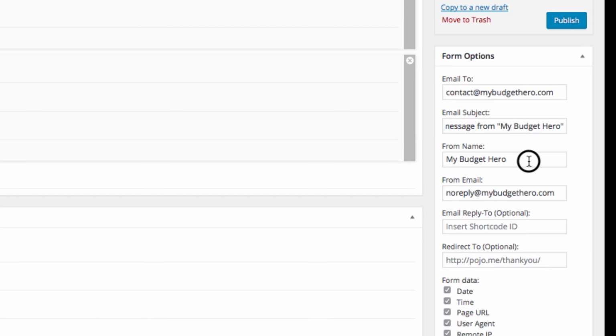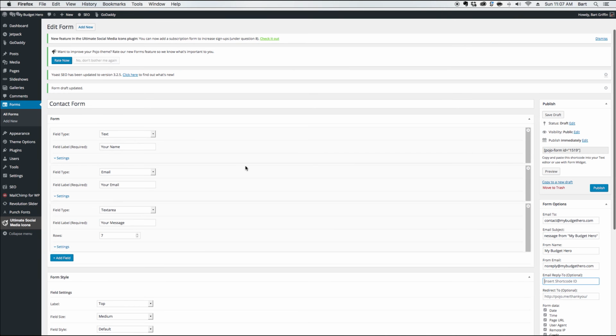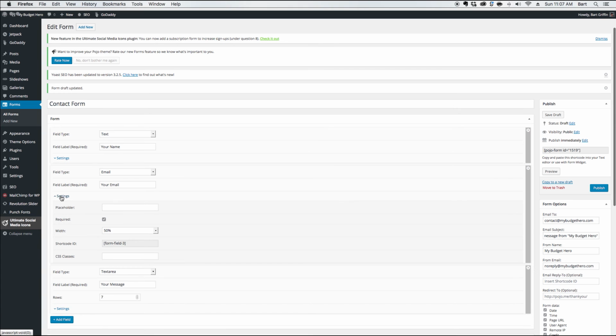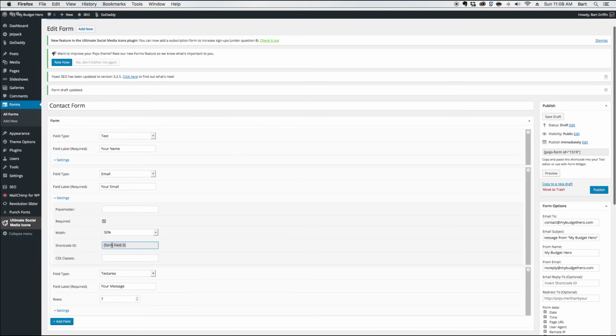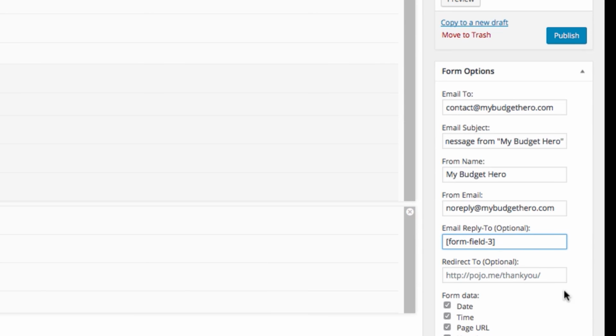The same goes for from name and from email. So we're going to leave these as default. Next is the Reply To option, and this one's important. In order for your email client to know where to reply to, we'll go back up to the email field that we created and we'll click on the advanced settings again. Copy the shortcode ID and then paste it into the reply to section. Now, when someone sends you a message and you go to respond, your email client will know which email address